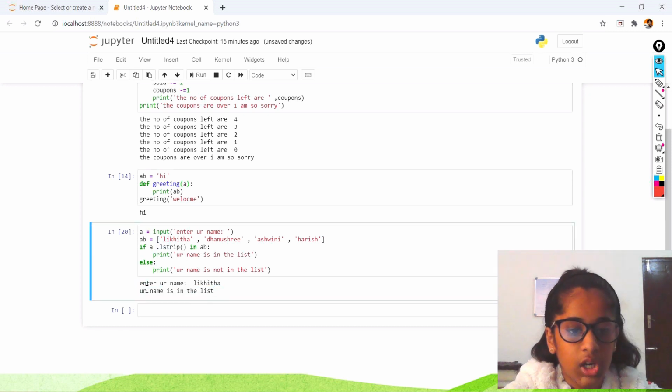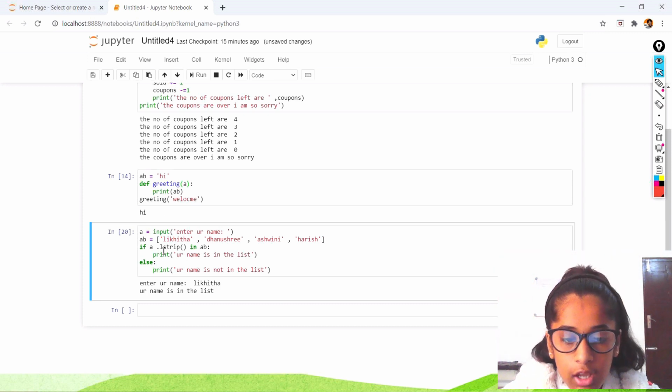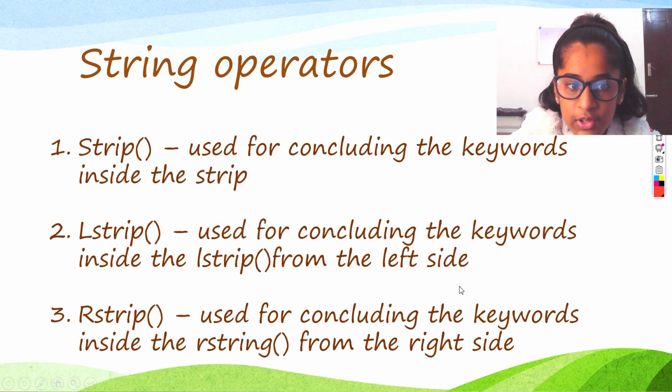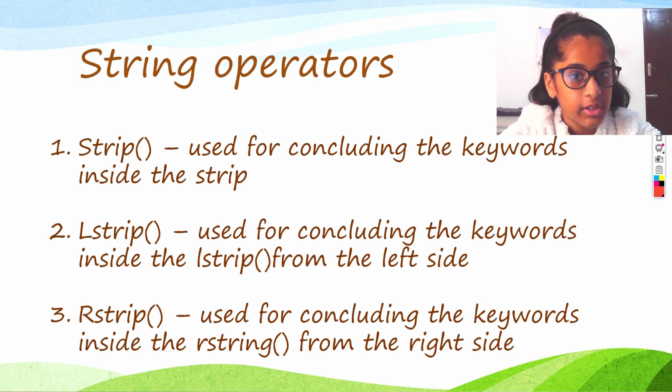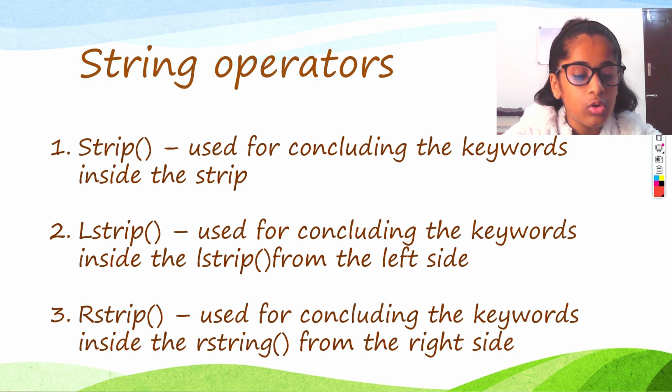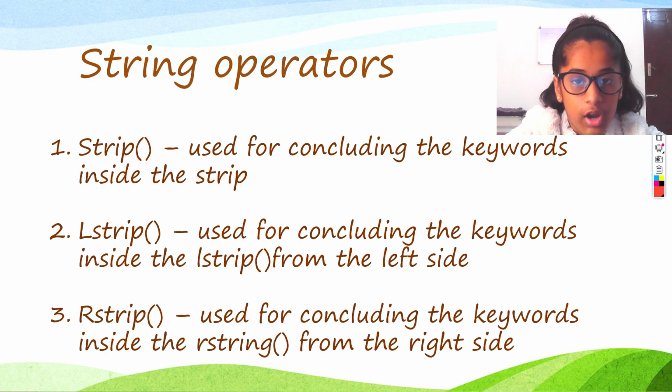So these are the three things we can do with our strings. First one is strip, second one is rstrip, third one is lstrip. These are the three you guys can see. So yeah, now you know about while loops, you know about string operators, what to do with strings, and also the arguments, types of arguments. That's great.